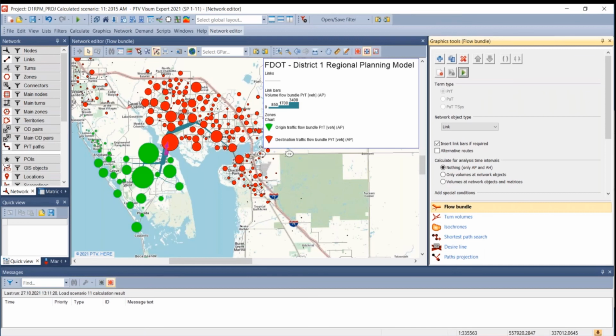So yeah, here you can see all of the origins and destinations that the select link is associated with. And this is a multi-class select link. So when you run the select link, the trip table that corresponds to the select link is stored as an additional flow bundle matrix. And then if you go to that list of matrices,